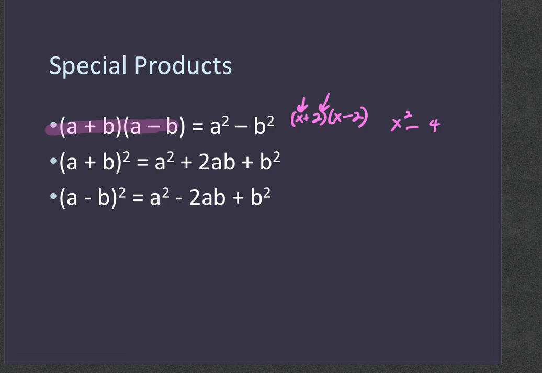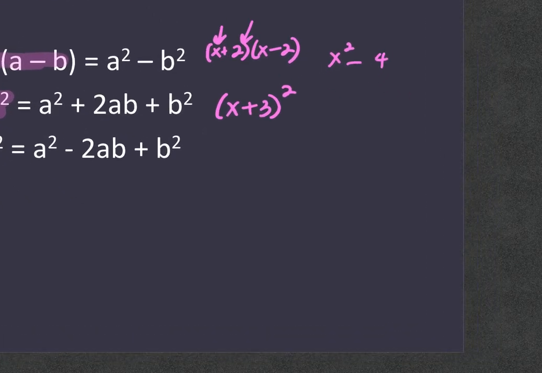The second is the perfect square. It's actually a square of a sum in this case because there's a plus in between. So if it is just one set of terms like x plus 3 squared, then the shortcut, and it's not that much of a shortcut, so you get to determine if you're going to use it. What you cannot do here is distribute that exponent. This does not become x squared plus 9. That is wrong. You can expand and FOIL it, or you can use this little shortcut, which is to square the